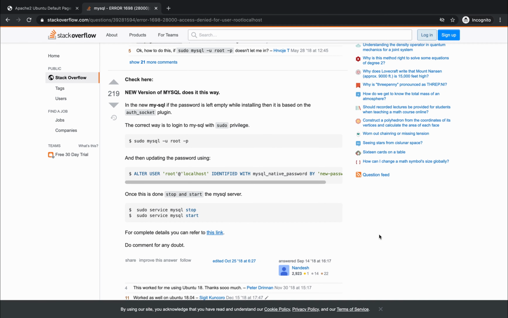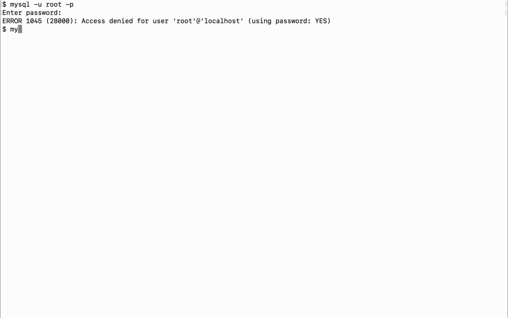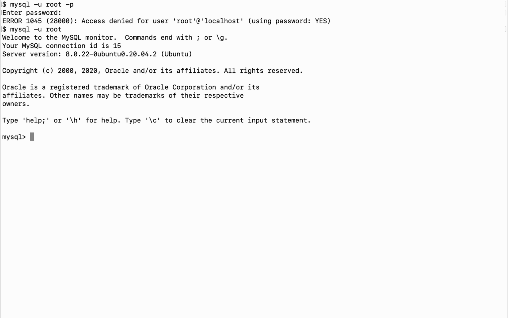Now when you try to log into MySQL using the same credentials, you might get an access denied error. So here we have to update one variable which is mentioned here. So we have to update the MySQL native password. To update it, first we have to log into MySQL. So using mysql -u root, we can log in there, but not using credentials, not using -p. So here you can see we have logged in without using -p. So we are able to log in.